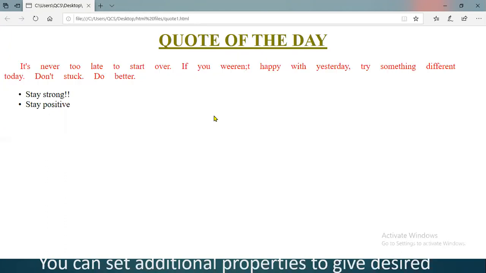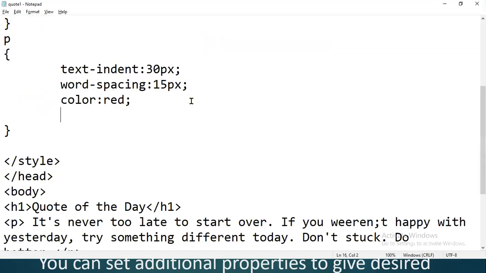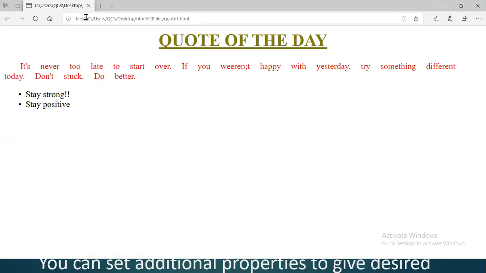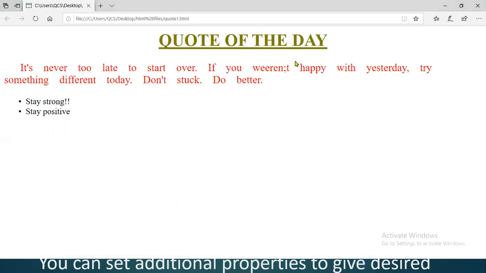If you wanted to apply any other property, then you can apply that property as well. For example, if you wanted to define the font size as 20 pixels, okay, let's see. So this is the font size of 20 pixels.